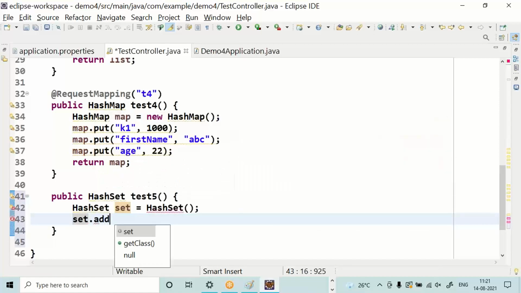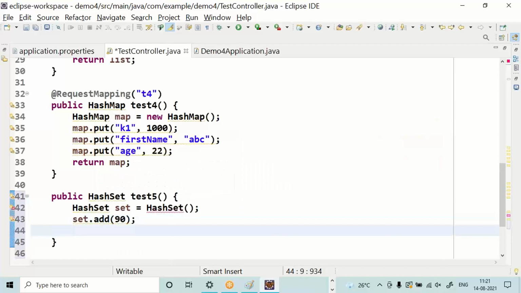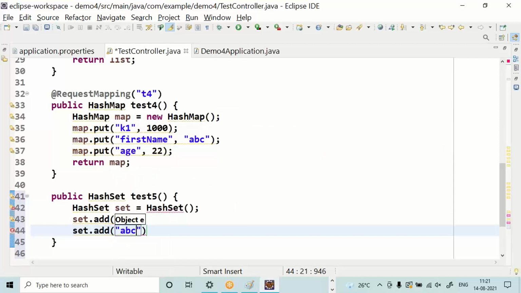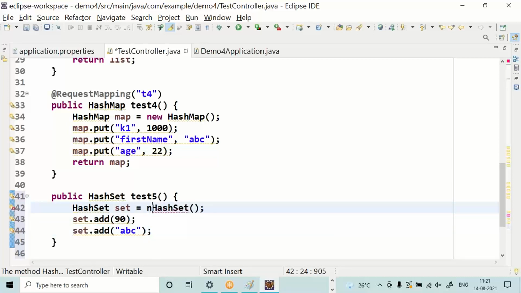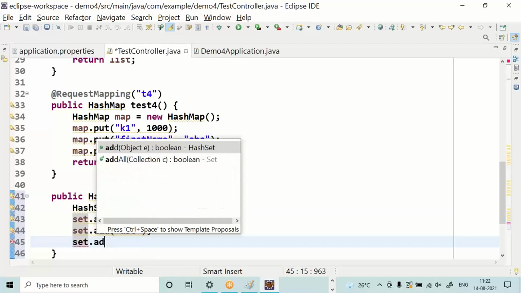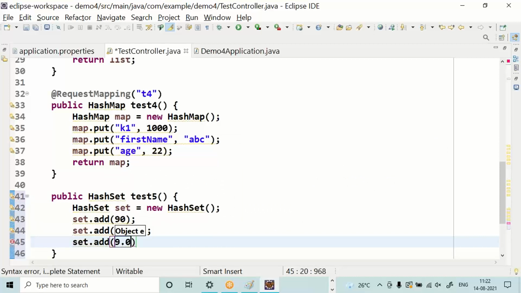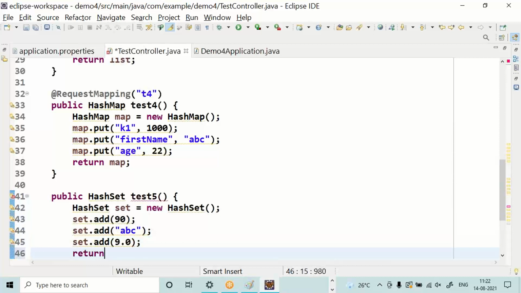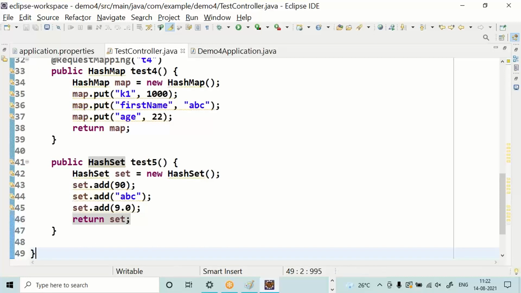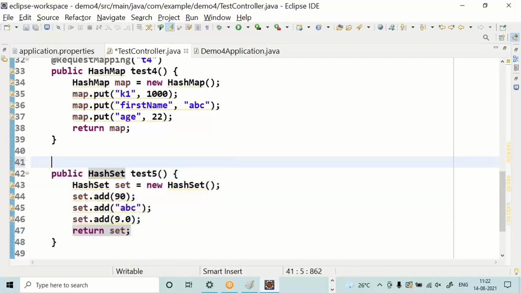Set dot add. Any type of data. The return set.